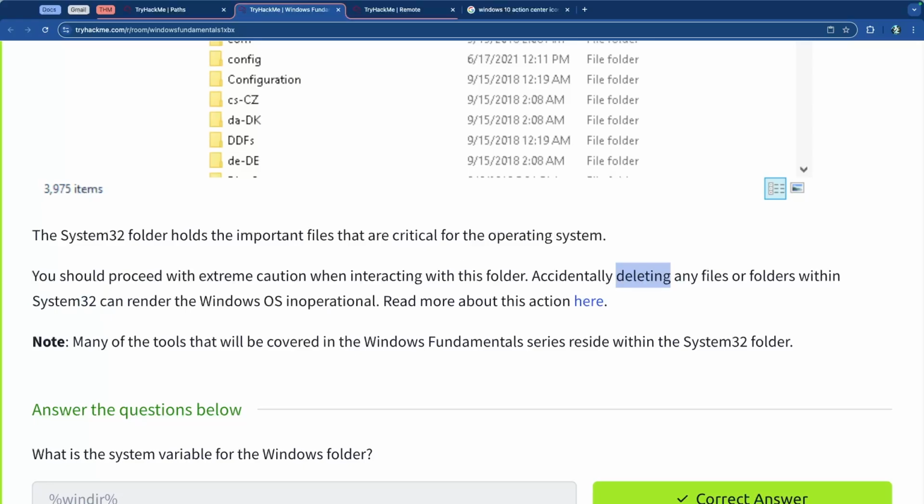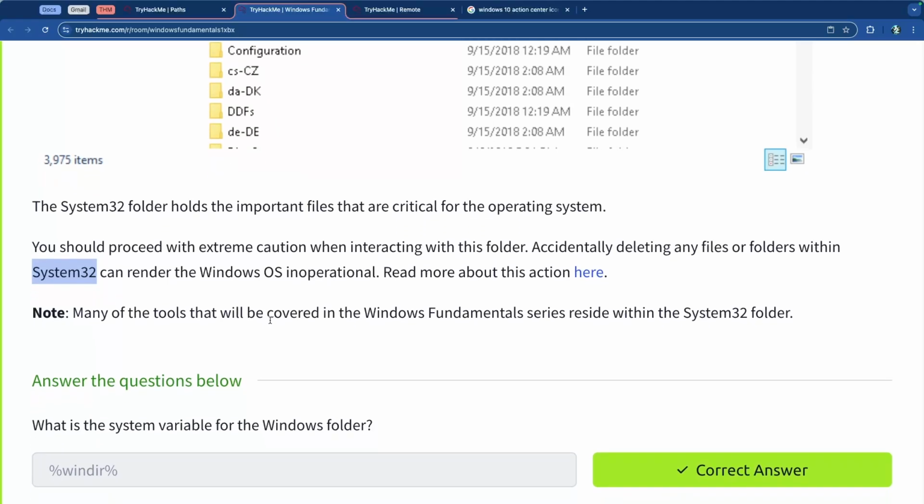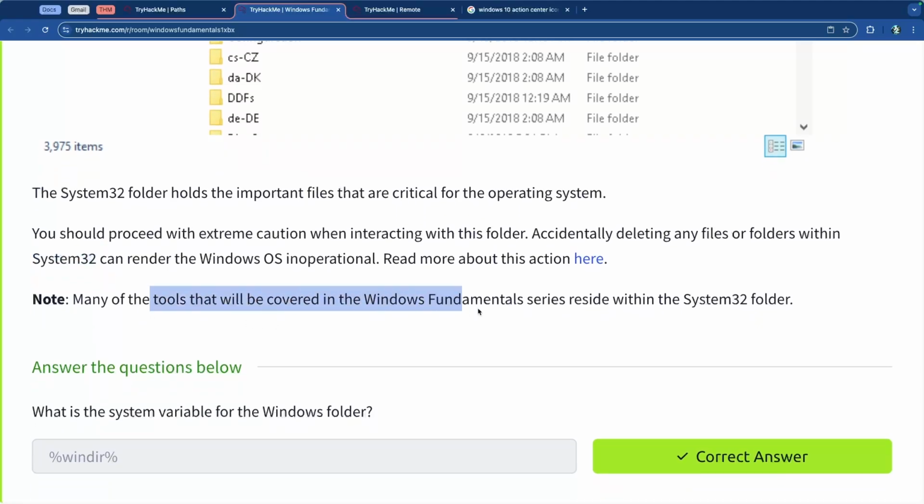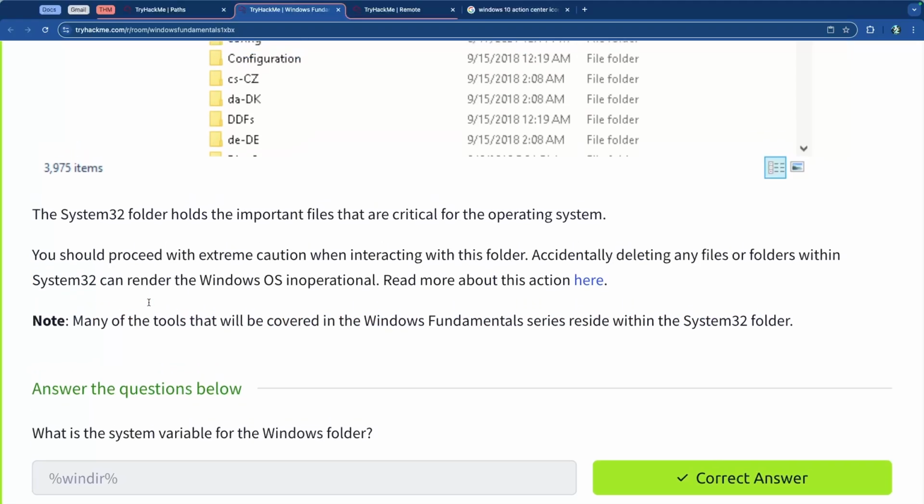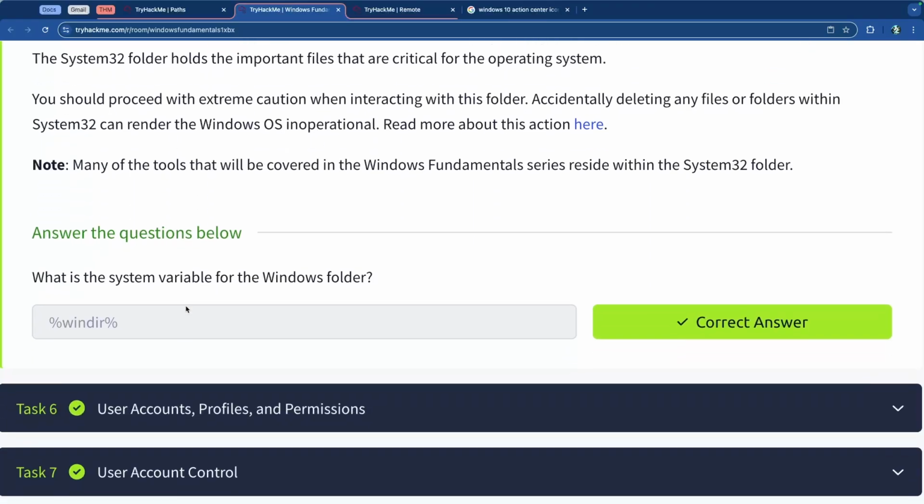Deleting something from the System32 folder can stop the operating system from operating completely. It can just ruin your computer. So just keep that in mind. A lot of the tools I covered in the Windows Fundamentals reside in the System32 folder. So this is a big piece of all of the training series that we're going to be doing inside of